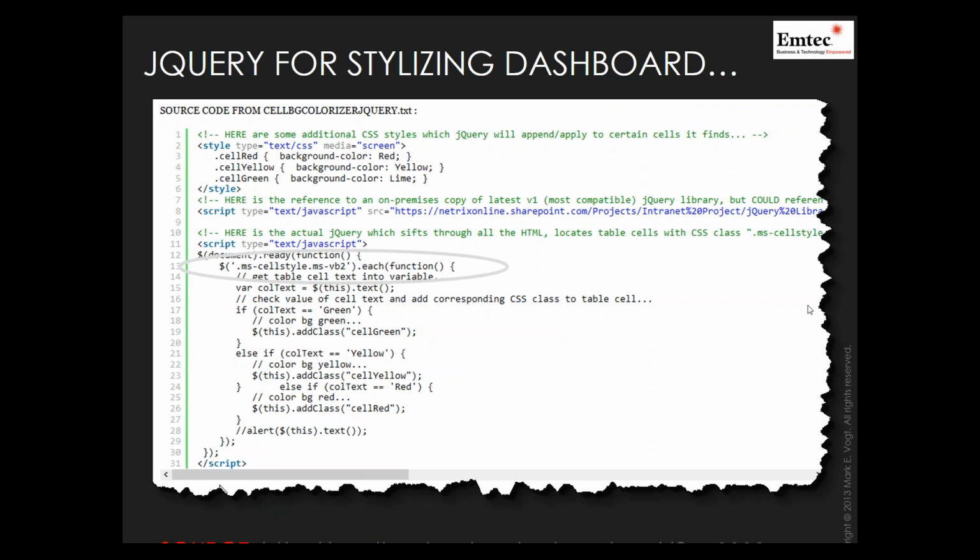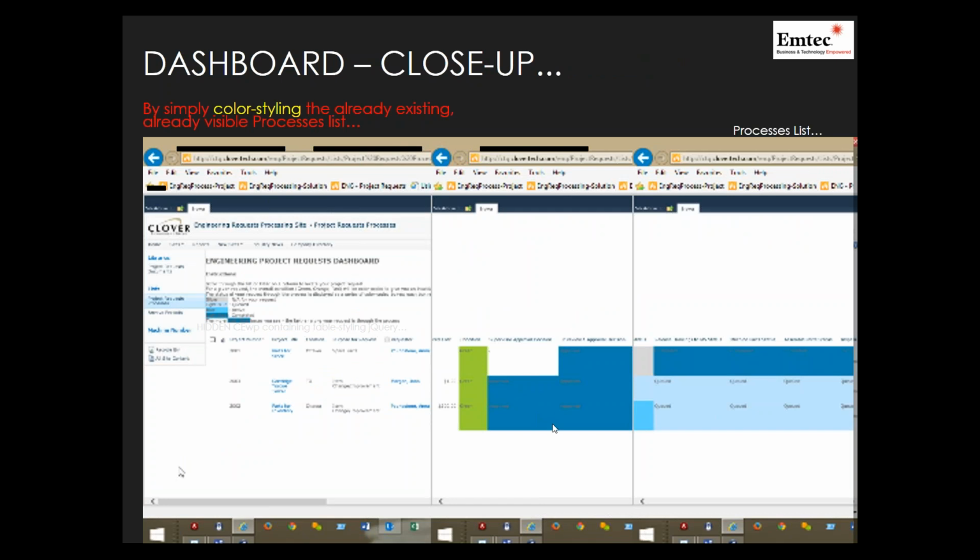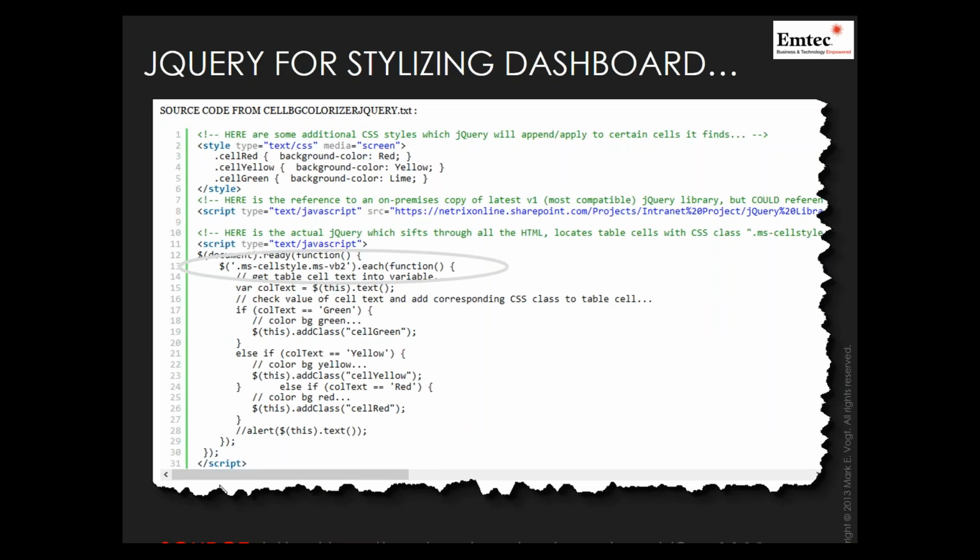So you can have color coding on the condition of any one process. It can be green, yellow, orange, red, but you can have different levels of color coding on all of the statuses too that give you an idea of where they're at in that life cycle. If it's light blue, it means it's untouched. If it's gray, it's untouched. If it's blue, it's being processed. If it's dark blue, it's been approved. If it's red, it's been rejected. And at a glance, you'll be able to actually see a dashboard like this and tell exactly where every given instance of a process is and what its current status is using color coding instead of actual values.